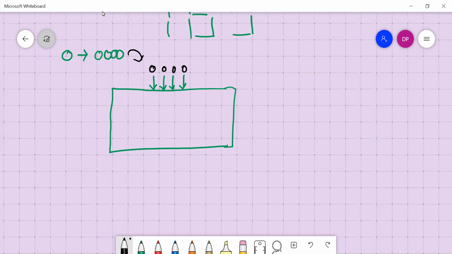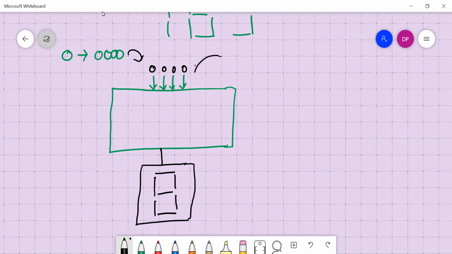The output of this device is, let's say you have a 7 segment display over here, and when this is given as input, it should process it and display the corresponding input value in the 7 segment display, right?